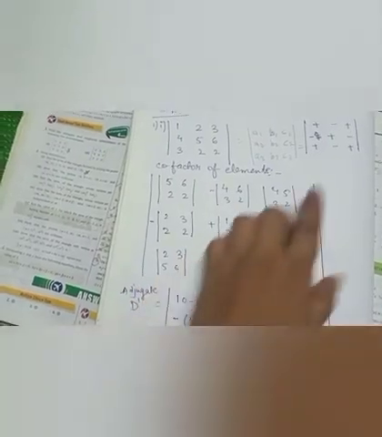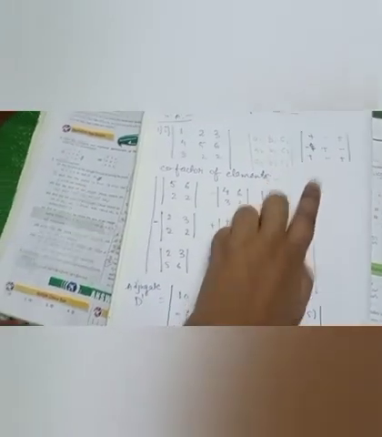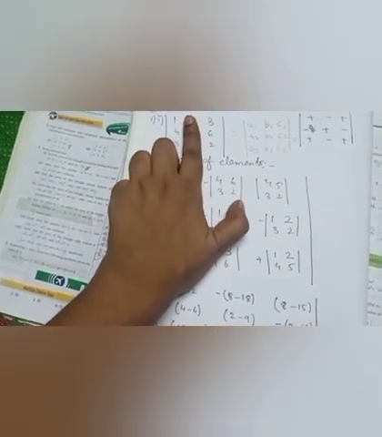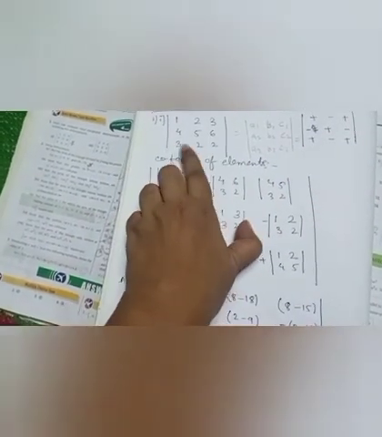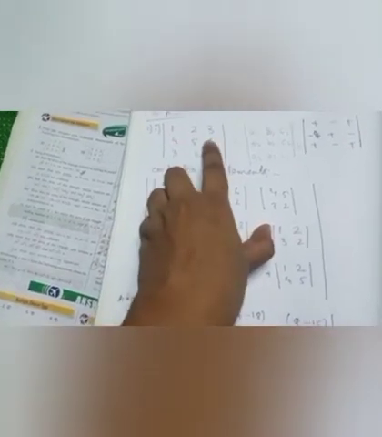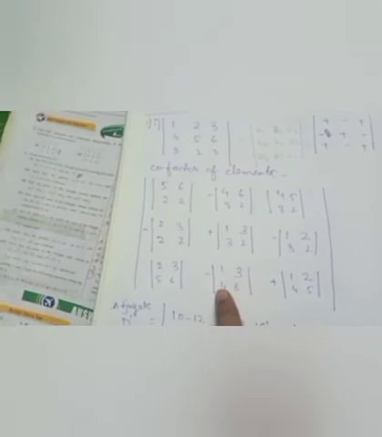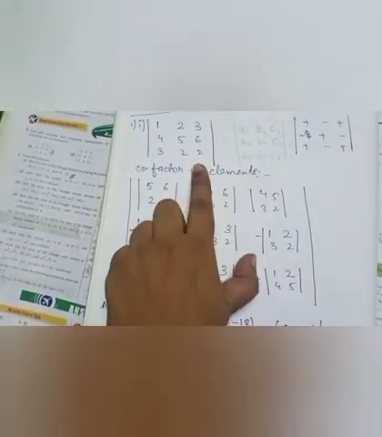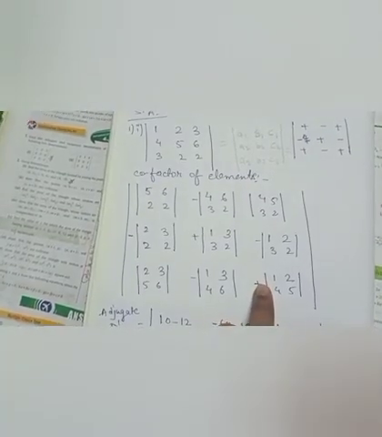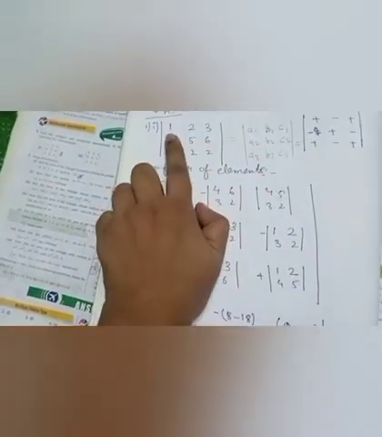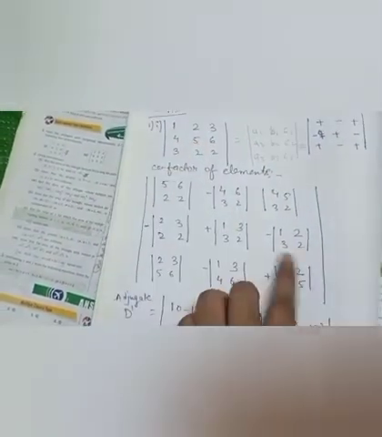Then for the 8th element, sign is minus. You will put minus sign. The 8th element is 2 here. So you will not see this column and this row. When you do not see this column and this row, you will get 1 3 4 6 only. Now for the last one, sign is positive. If you write it or not, it does not matter. For this one, this column will be covered and this row will be covered. So what is left? 1 2 4 5.